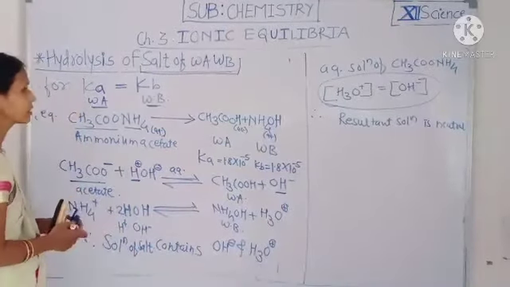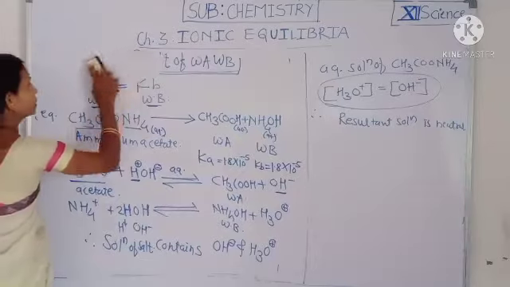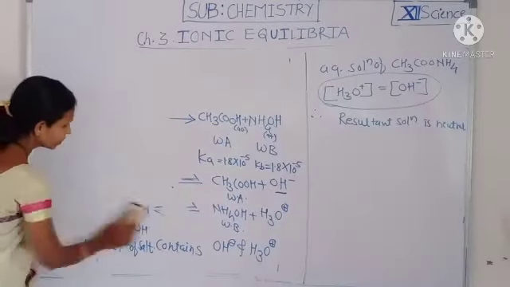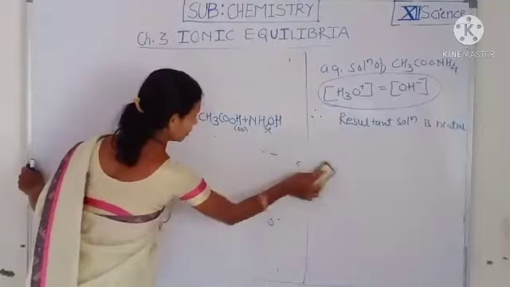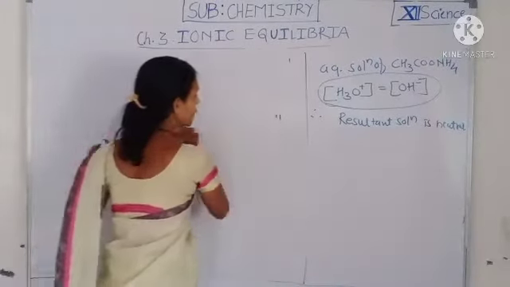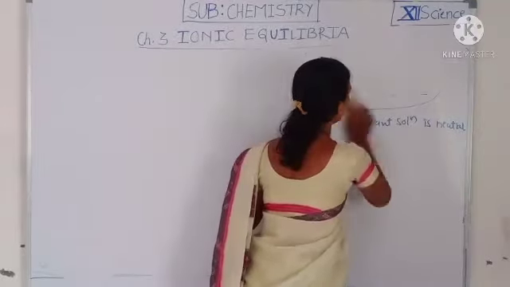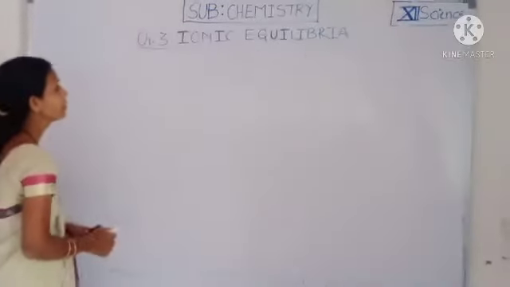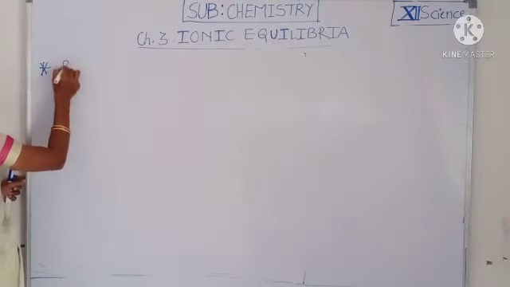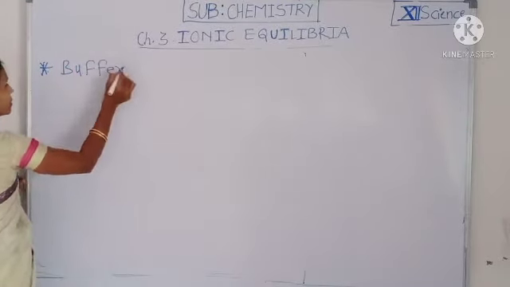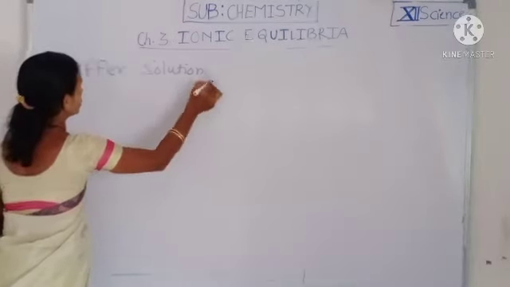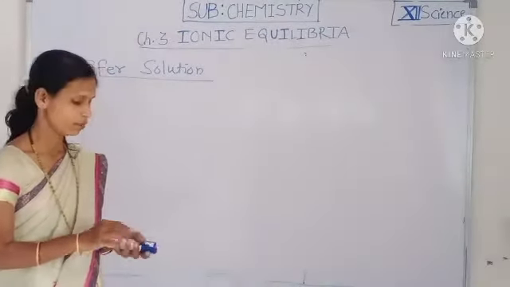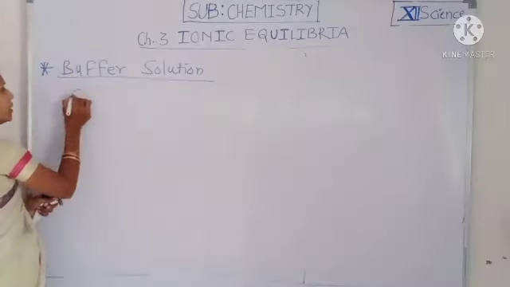Then the next concept, which is related with ionic equilibrium and different types of acids as well as bases and different types of salts related with the acid and base, is one more concept related with ionic equilibrium, that is buffer solution. Then see here, what is buffer solution? Buffer solution is nothing but a solution